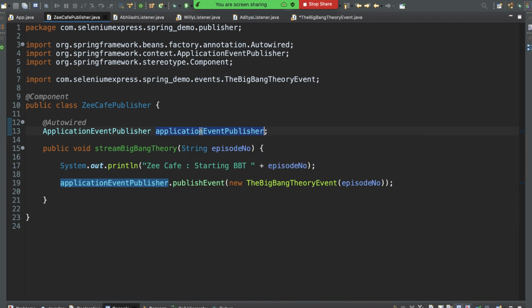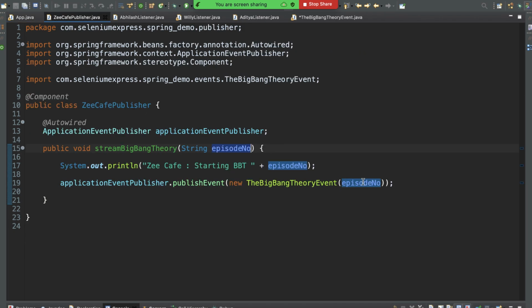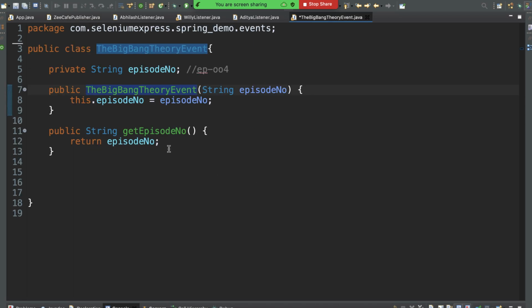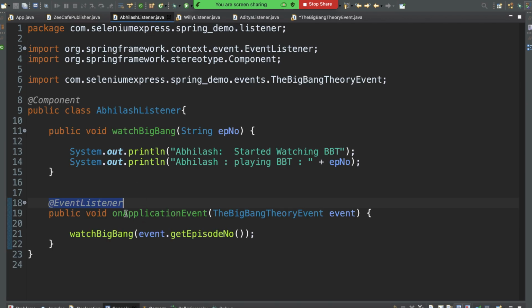Right now this event publisher is publishing an event called the Big Bang Theory event, and is passing in the episode number that we are sending from App.java. Just this episode number we're getting right here. Now this Big Bang Theory event has been initialized to episode number 004. Right now this GCafe publisher has published an event, and all the listeners like ApplicationListener who is listening